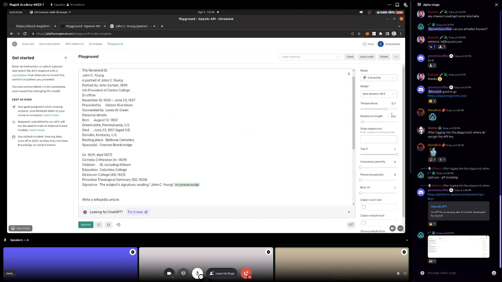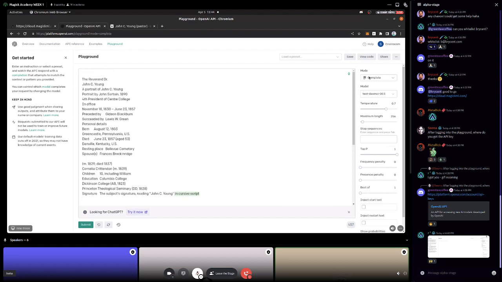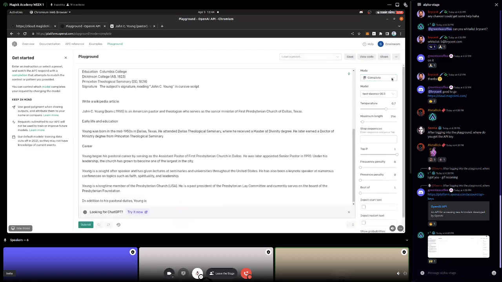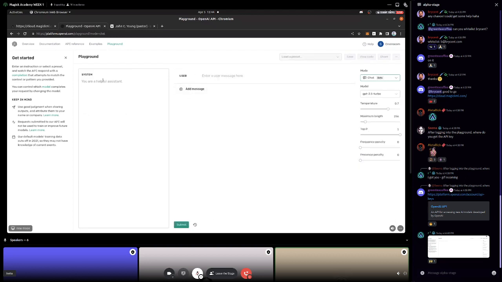So let's talk about what these parameters are. Actually, before we talk about the parameters, we'll talk about the other mode. This year we got ChatGPT, and that added a new mode to OpenAI, but it's also a different paradigm for how we create these completions. Instead of having context completion, we have a chat. We have this thing here called a system directive, and this tells the assistant what to be, and then we have a chat. So now I could say, you are an expert AI researcher who works at OpenAI, attempting to explain the parameters of the model to a layman, right? That's the directive.